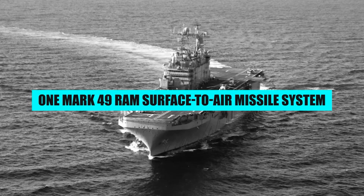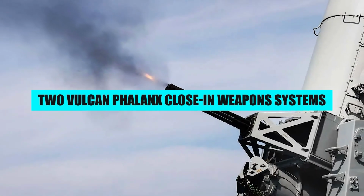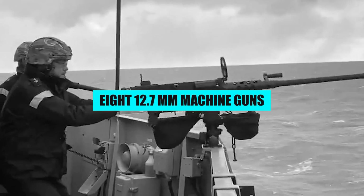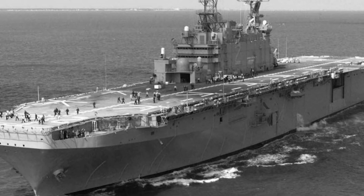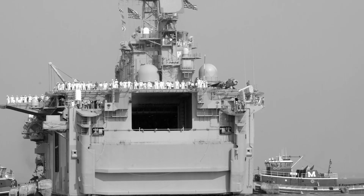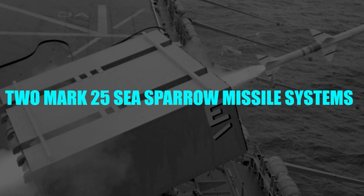You'd see it comprising one Mark 49 RAM surface-to-air missile system, two Vulcan Phalanx close-in weapon systems, 6 Mark 242 25mm automatic cannons, and 8 12.7mm machine guns. However, it's important to note that all of these were only added as part of modifications made to the class in the 90s. By the time of the Lebanon conflict, the amphibious warships had 2 Mark 25 Sea Sparrow missile